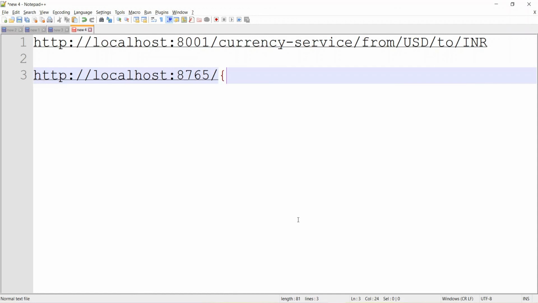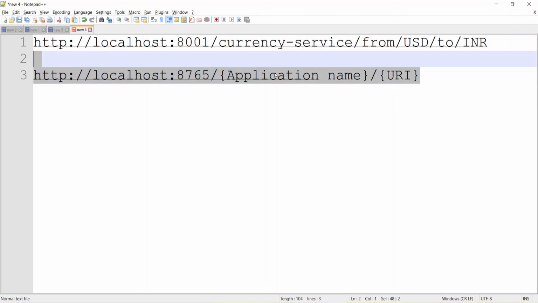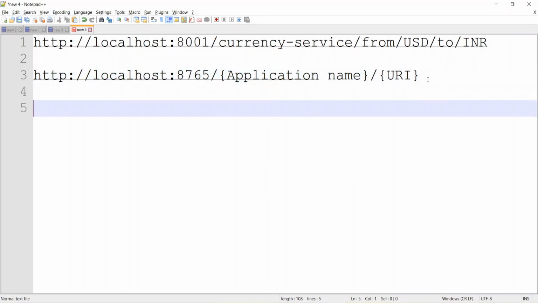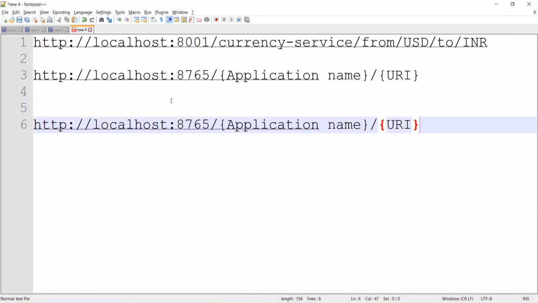Here it will be the application name, and thereafter you will have to put the URI of the service that you want to access. So here Control C, Control V. So localhost 8765, and then what is the application name of the exchange service?